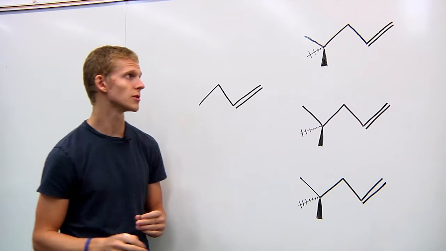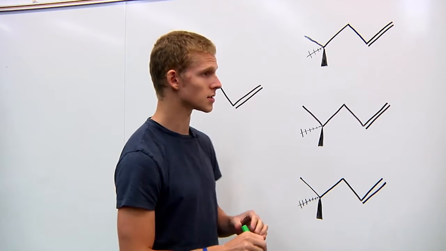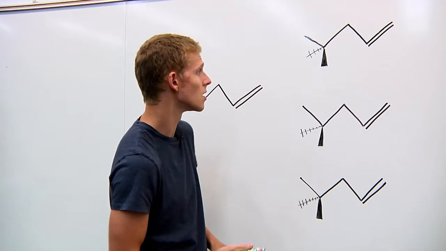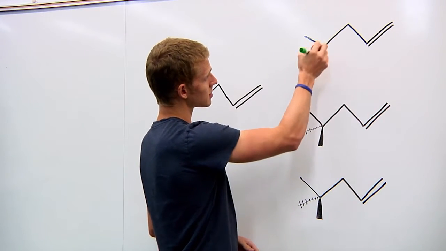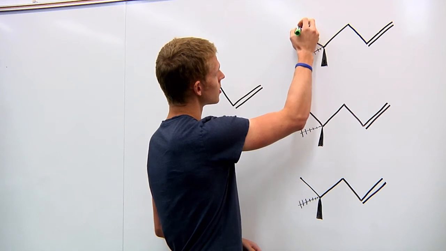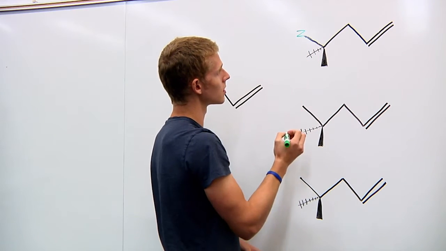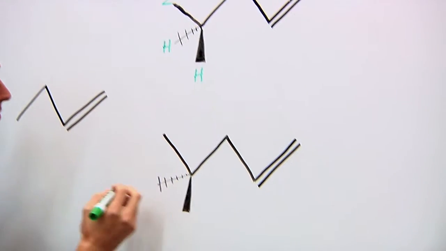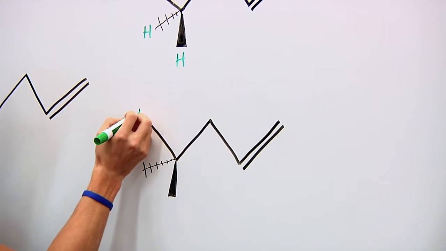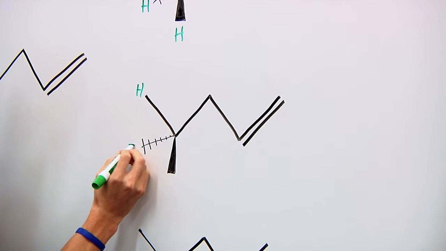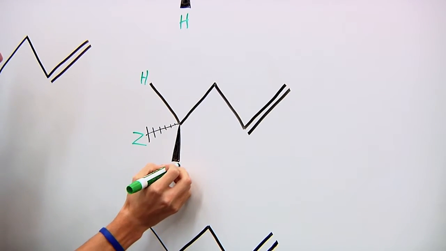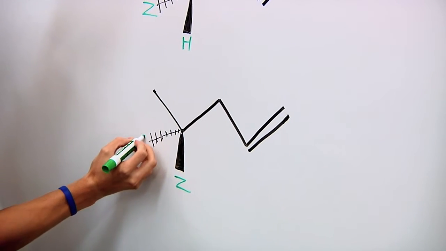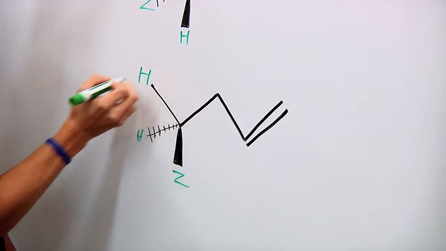One way we can determine whether hydrogens are equivalent or not is to take them off and just replace them with an imaginary group. We'll call it Z. So from these hydrogens on this last carbon here, I'm going to put my imaginary group Z here. I'm going to fill the rest in with hydrogens. Same thing with this other one right here. I'm going to put my hydrogen here. This time my imaginary group is going to go here, and my last one's going to go there. Same thing down here, Z, hydrogen, and hydrogen.